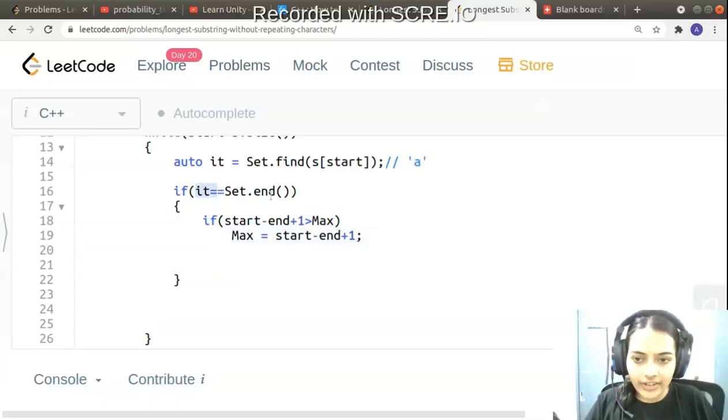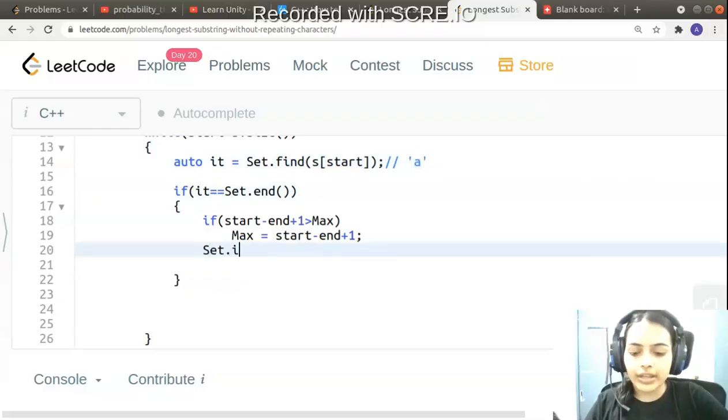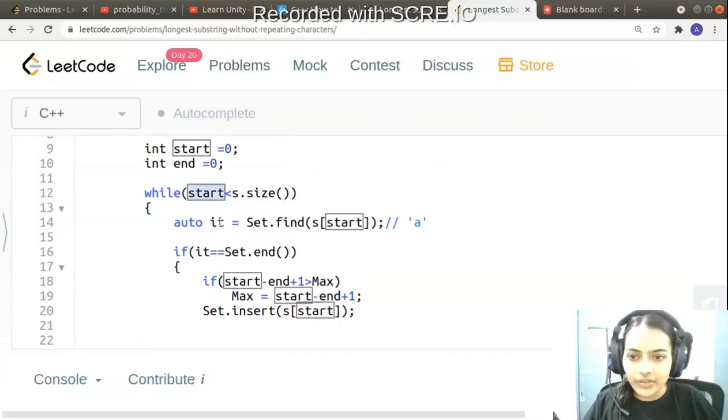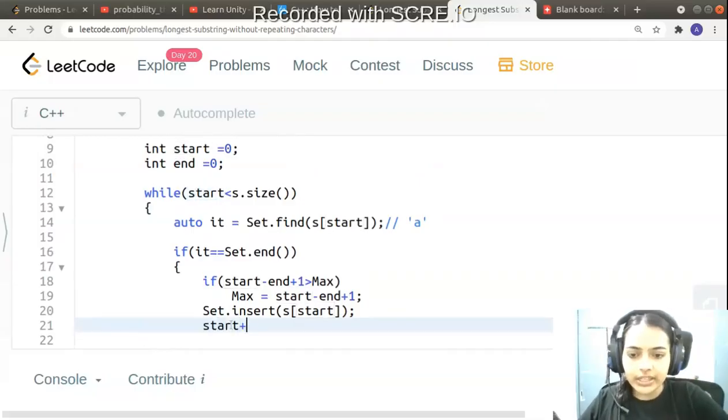So if the iterator is equal to set.end, it means it could not find the character in the set. So this character is unique and we have to insert it in the set. So set.insert, and to insert the character, we simply give s[start]. We are inserting the current element in the set because it is a unique element. And for the next iteration, we have to increment start. So we will just increment start.